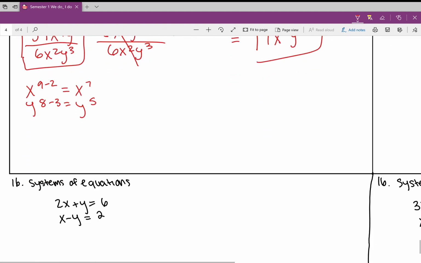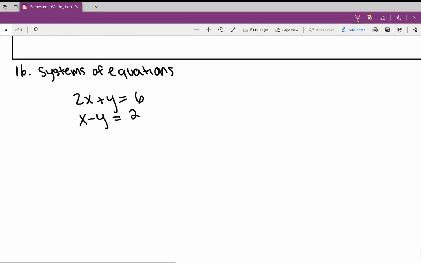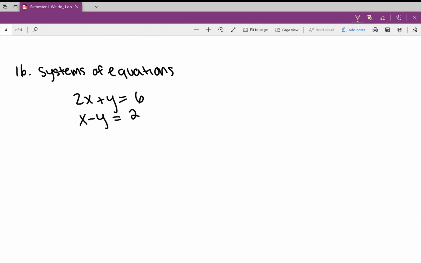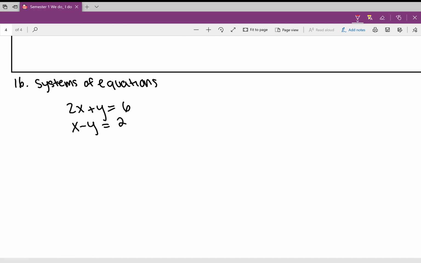Okay, last question. I know it's not on your paper because I forgot to write it, but go ahead and write number 16, systems of equations. So systems of equations here, I have 2x plus y equals 6 and x minus y equals 2. So we learned how to solve this two ways, by graphing and by using menu 3-2 on the calculator. So if we solve it by graphing,